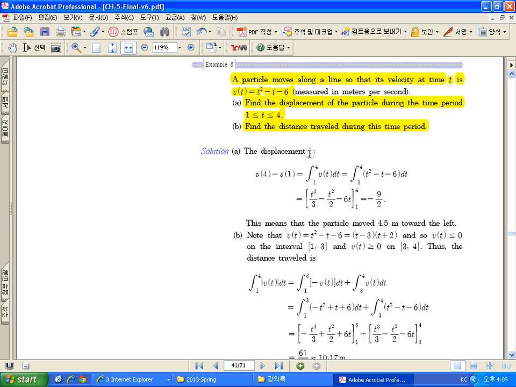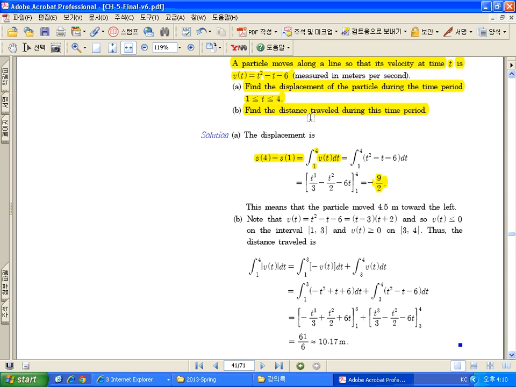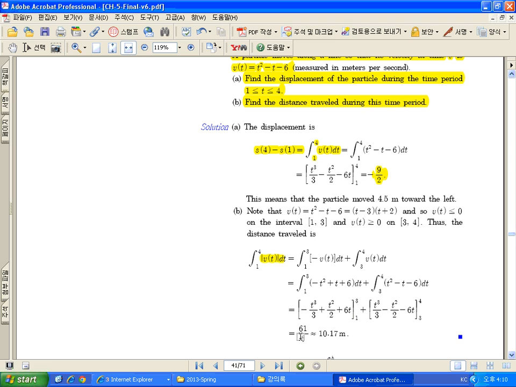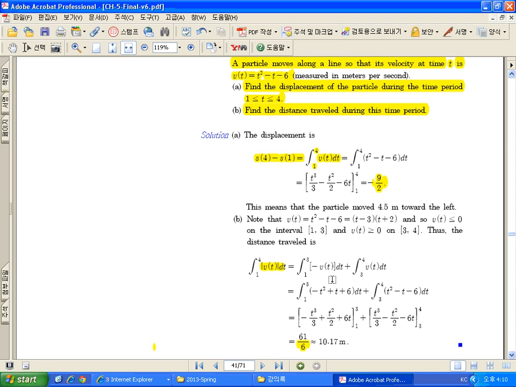So the first question is looking just for S(4) minus S(1), because we are only looking for the displacement of the particle. So all we have to do is find the definite integral from 1 to 4 of this v(t), which is minus 9 over 2. But when you're looking for the distance, what we need is the absolute value of v(t) from 1 to 4, which gives us 61 over 6, because this graph